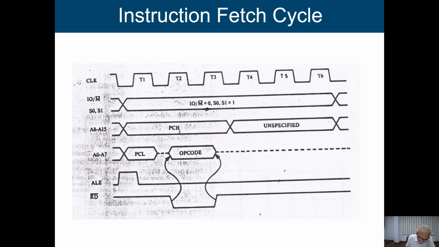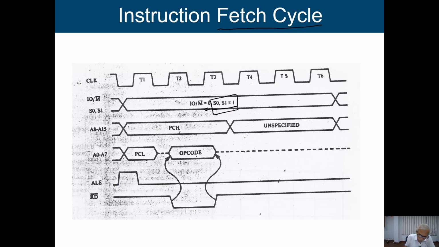And I already told you that S0 and S1 give the information about what cycle we are going to use. If S0 and S1 are equal to 1, it says that it is an instruction fetch cycle. Whatever information we bring from the memory will be treated as an instruction.